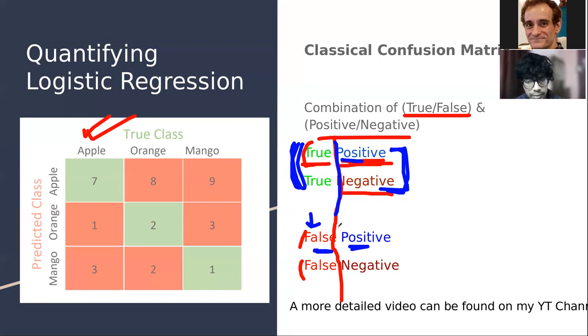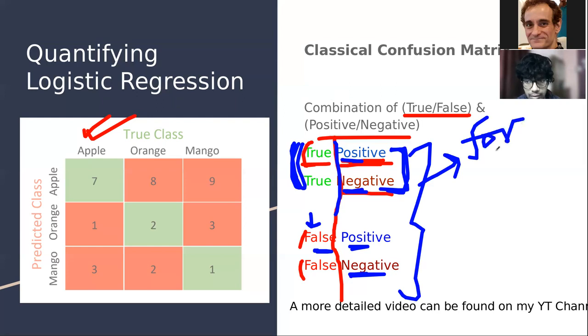The same goes for negative: the model predicted it negative and it was actually negative. For false negative, the model predicted it negative and it was not negative. This happens not in general, but for a class. So for each class,